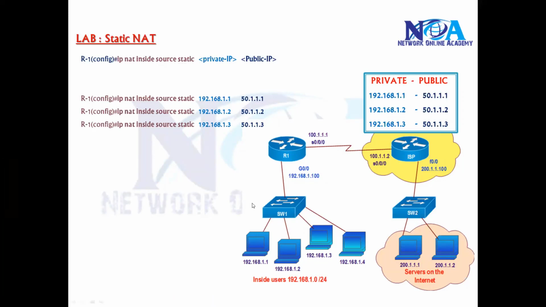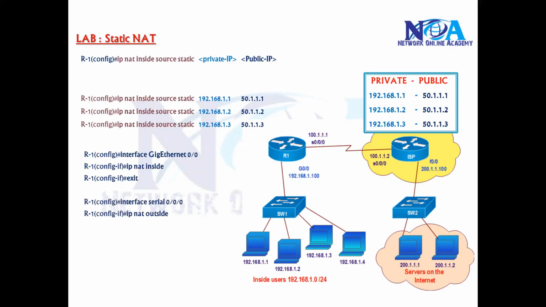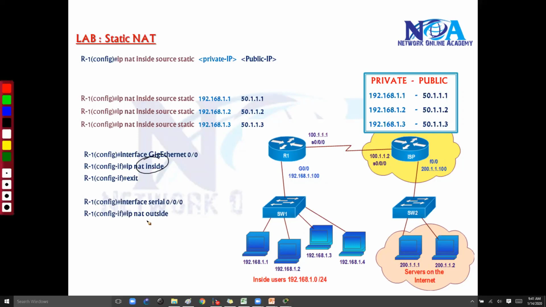Okay. And then the final thing is we need to implement this. Now implementation is important. You need to apply the NAT, which means here we need to specify what is your inside interface and what is your outside interface. Now inside means the interface which connects towards the LAN, and typically from where you receive the traffic with a private IP. Like in my example, I'm saying this is my inside interface. We say IP NAT inside,